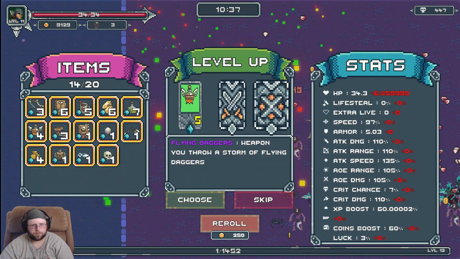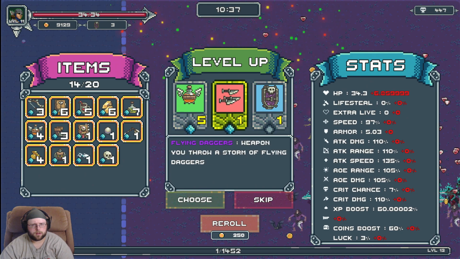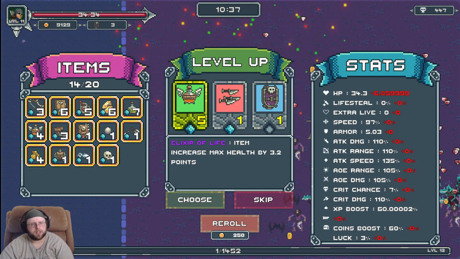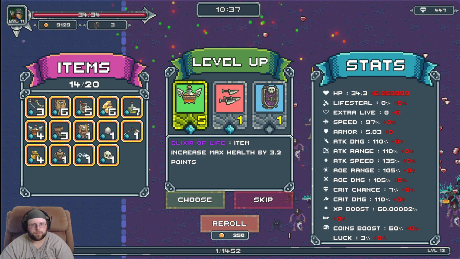Alright, so yeah, there's daggers. Yeah, I do technically have a limit there over in the items, 14 of 20, but you initially start with like 5, and once you finish up all the upgrades, it's going to be more than you really ever need. Because you're either going to